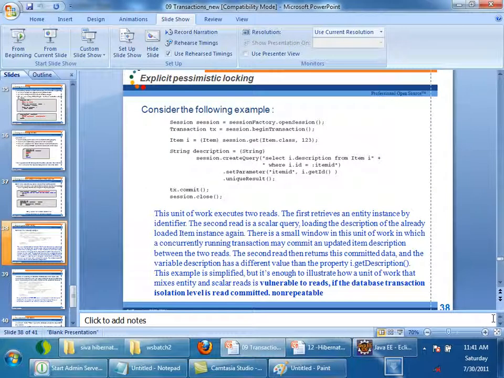Okay, now pessimistic locking means whenever you are firing a query, you are so pessimistic and you want to make sure that no other concurrent transaction will work on this row, right? So then you have to take a lock on that row.